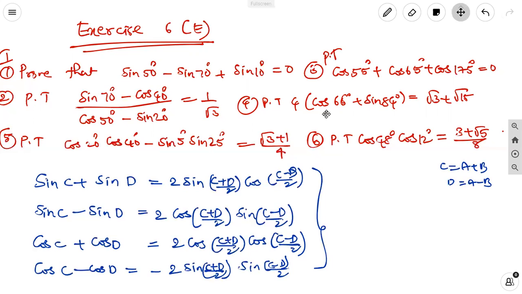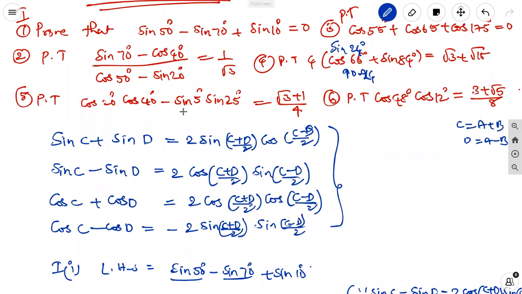The fourth one is also similar. We can convert cos of 16 degrees, we can write it as 90 minus 14 degrees or 24 degrees. 24 degrees means we are getting 66 degrees. So we are getting sine of 24 degrees. We can use the sin C plus sin D formula. Here also,